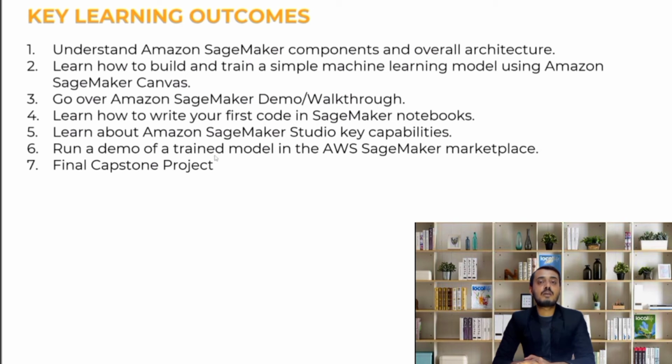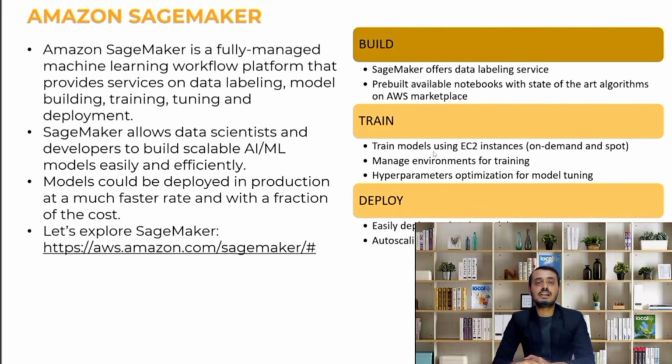And you can also perform hyperparameter optimization as well within Amazon SageMaker. And then finally, after you have built and trained your model, you can go ahead and deploy the model as well. So easily deploy and scale your model, and of course you can use what we call auto scaling, that could save up to 75% in operational cost instead of using a dedicated, essentially, deployment.